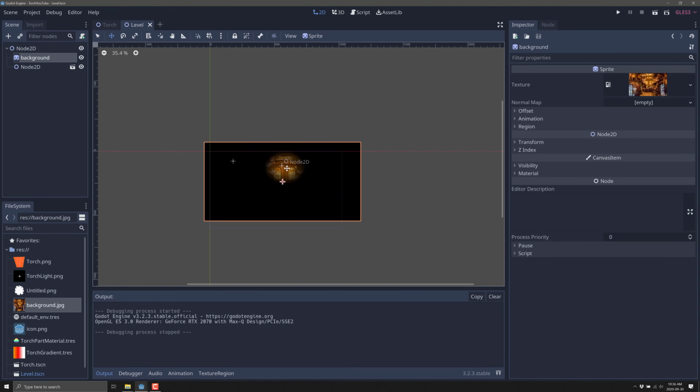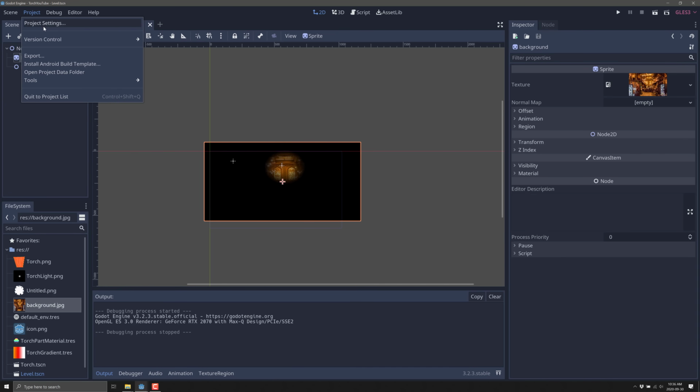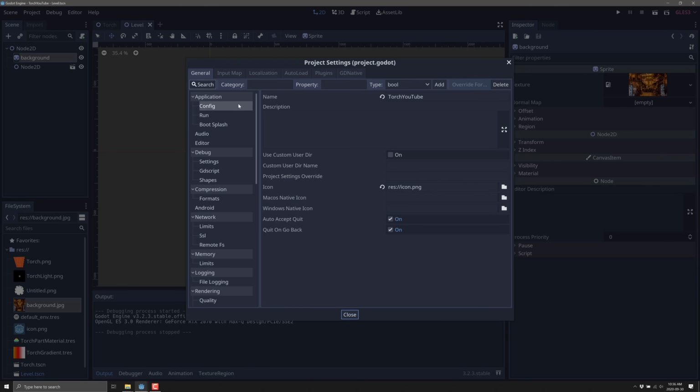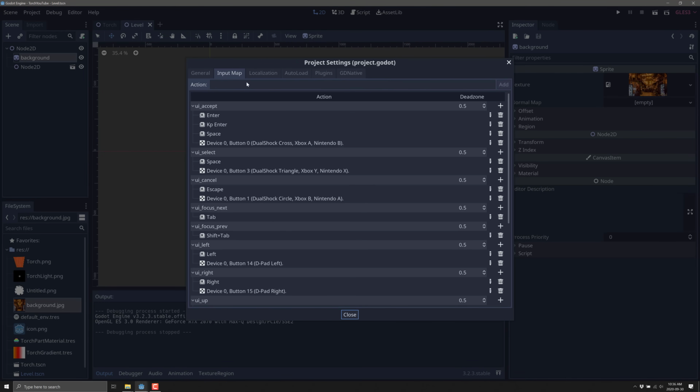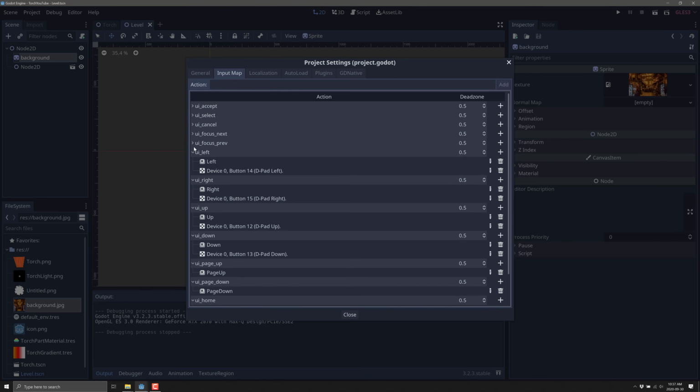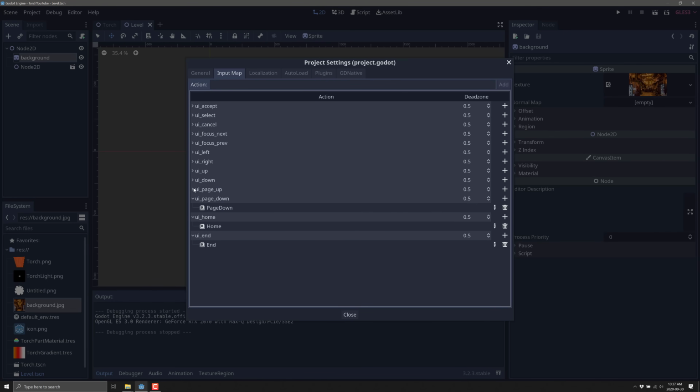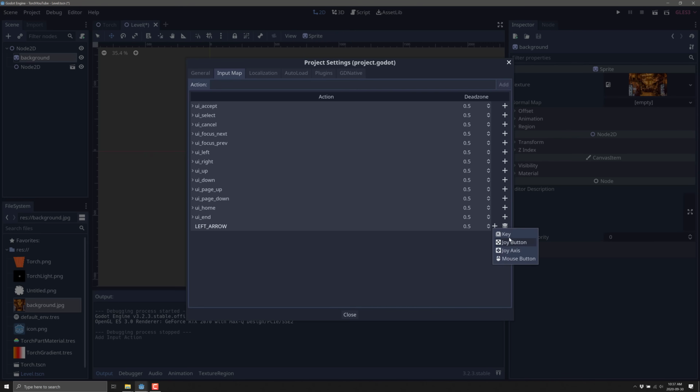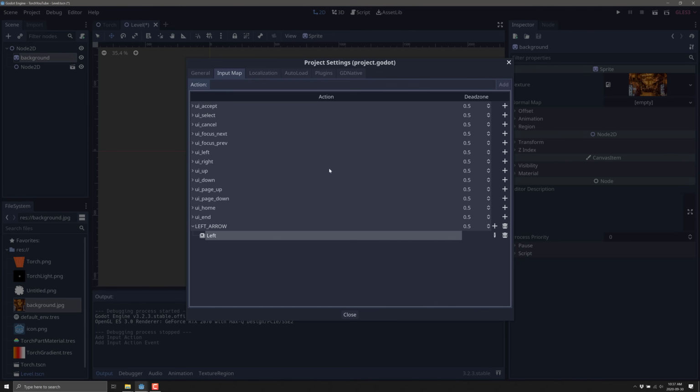So we don't have any real variation on the torch. It's pretty static. So let's make it so that we can actually move that guy around. In order to do this, we're going to have to set up a couple of things here. Project settings. We're just going to go ahead and do an input map on this guy. Let's minimize all these built-ins. All right. So we're going to add left arrow. And that's obviously going to be left arrow. Okay. Right arrow.